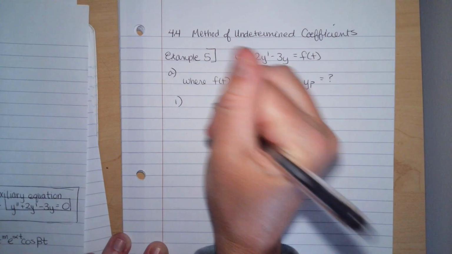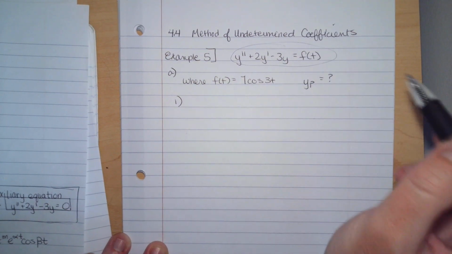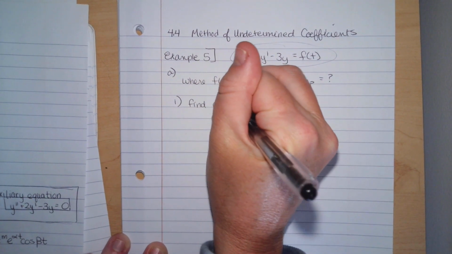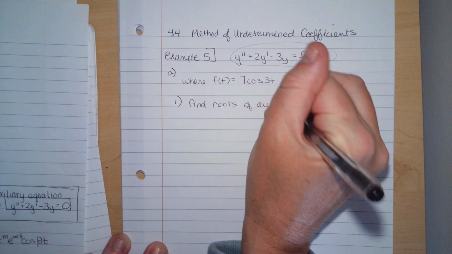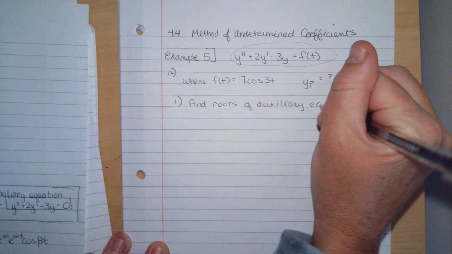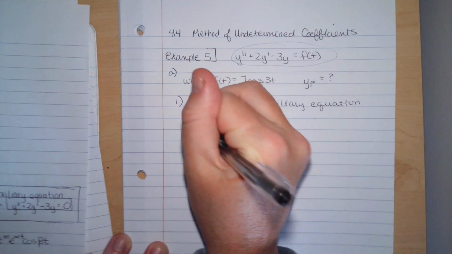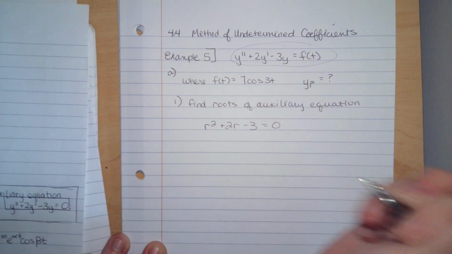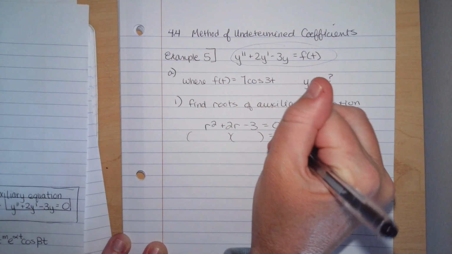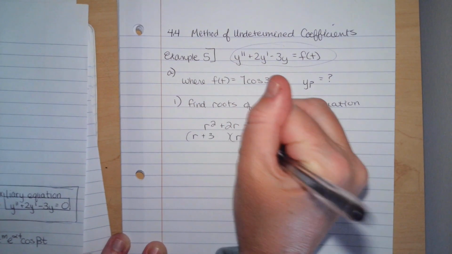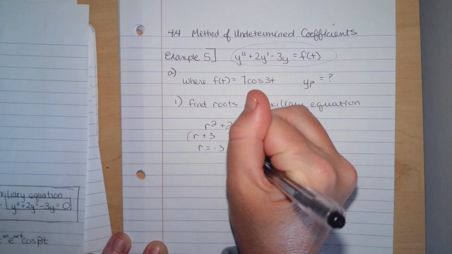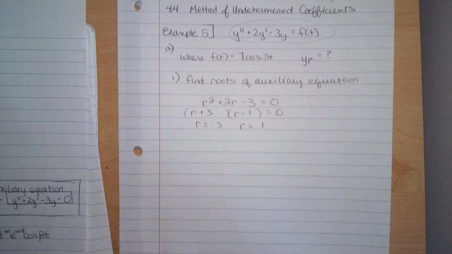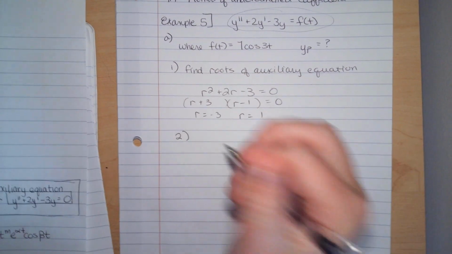So the first thing we're going to do is find the roots of the auxiliary equation. I'm going to rewrite this as r squared plus 2r minus 3 equals 0. We're going to find that r equals negative 3 and 1. Okay. The second thing we're going to do is deal with this 7